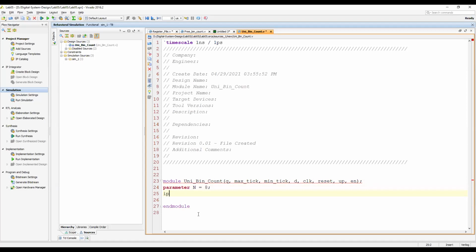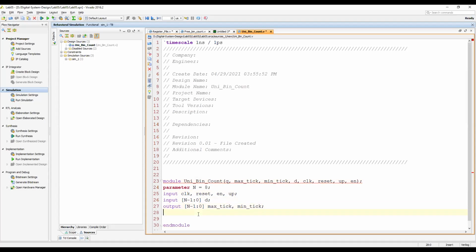Then you need some input signals: reset, some input enable, some input up, and D. For the output, you need maxtick, you need Q, mintick.